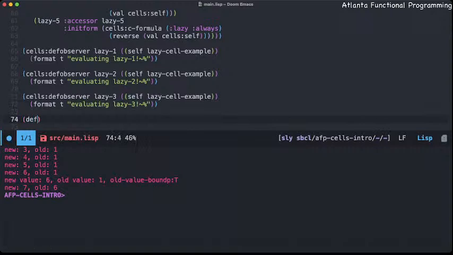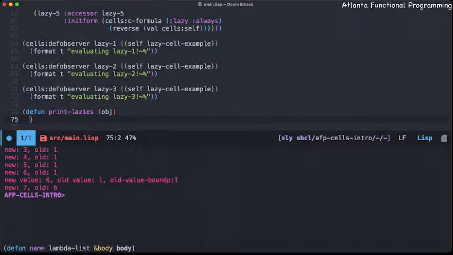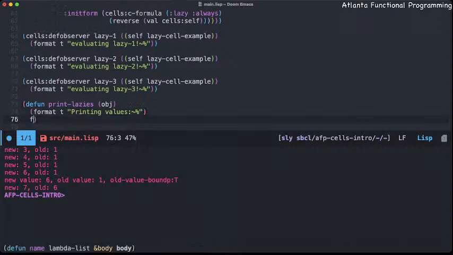Obviously, I'm just making it so that we can print this out later on. It's going to take an object, then format T, printing values, format T1,